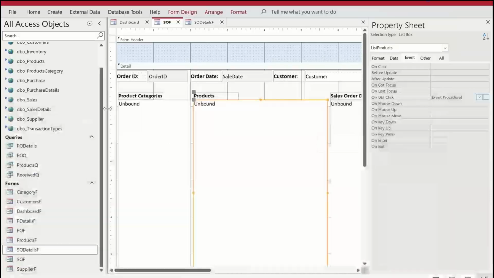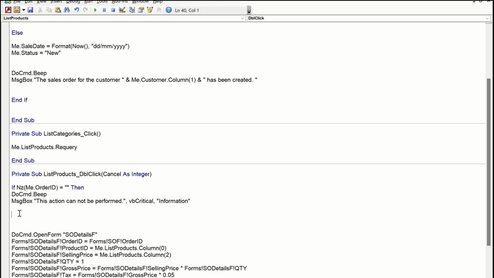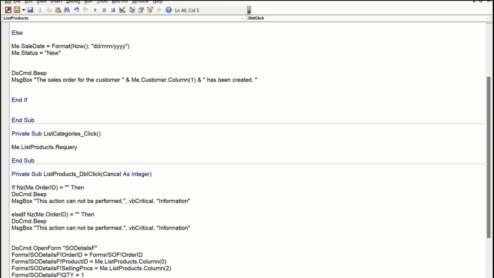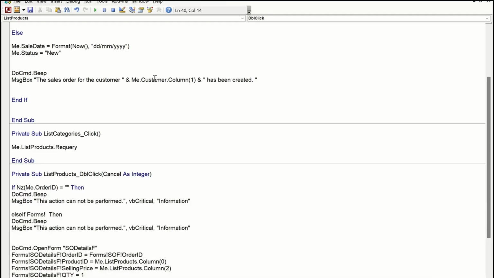And again, if the sales order is invoiced, we don't want this to happen either. So I'm going to select it, paste it here, and we'll just change the condition. Else if Me.Status. All right, here we go. There's a problem here: I have to refer to this form as Forms, because remember I'm in the list box, so I have to refer outside of the list box, which is residing in the form. Thank God I realized immediately. Okay, so if status is invoiced,